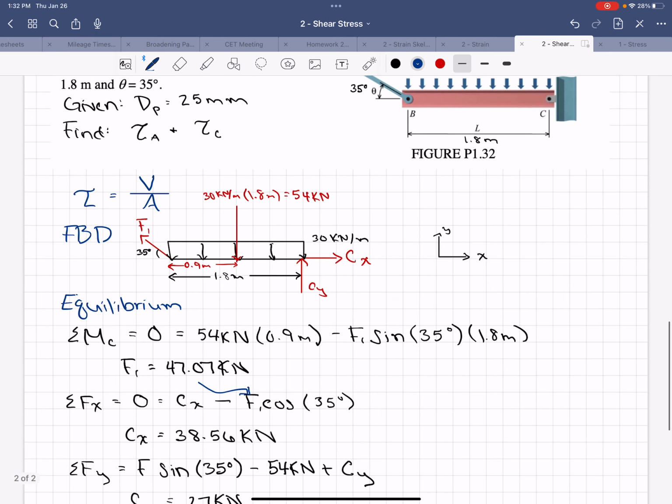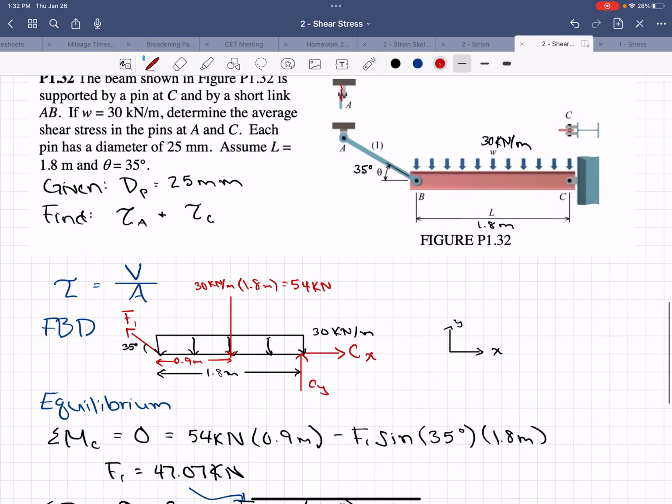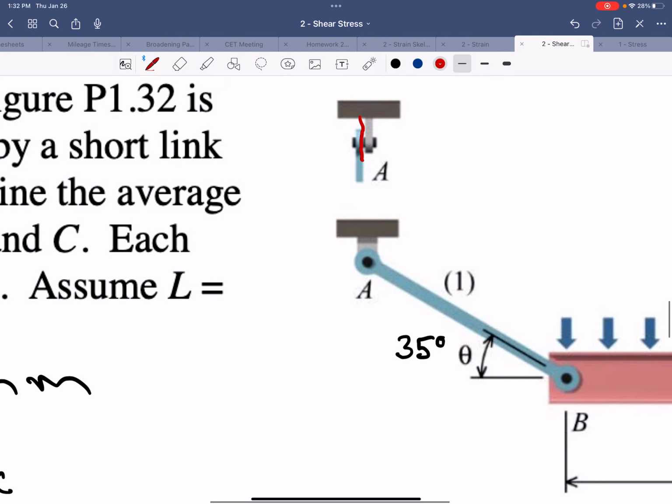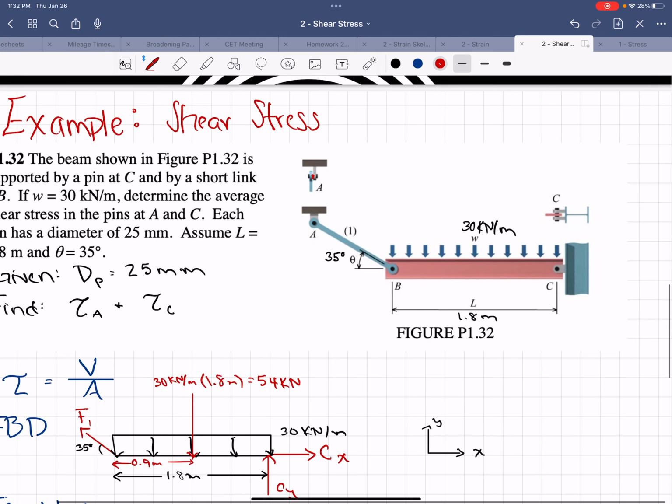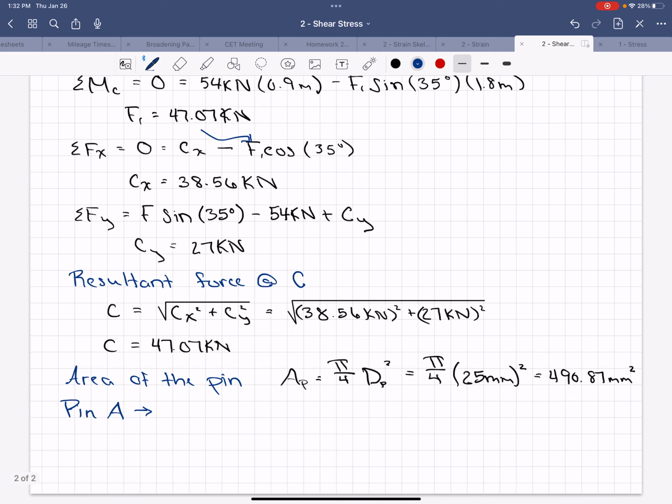And pin A is in single shear. So what would happen if we broke this off? It would break right there. We only have one shear plane. So I think if you blow that up, we just have this shear plane here. So one shear plane. So pin A is in single shear. So we will just use the area of the pin once, and we will get that